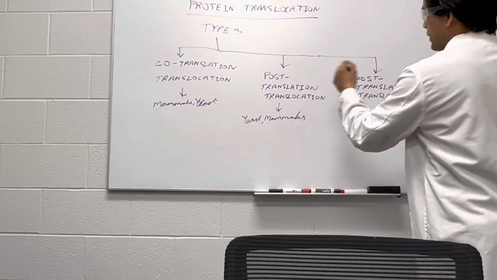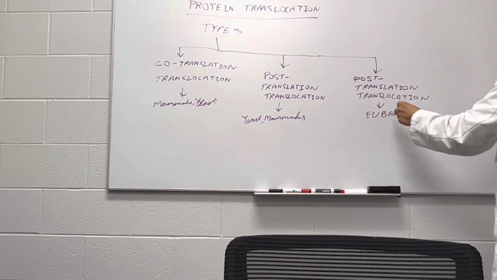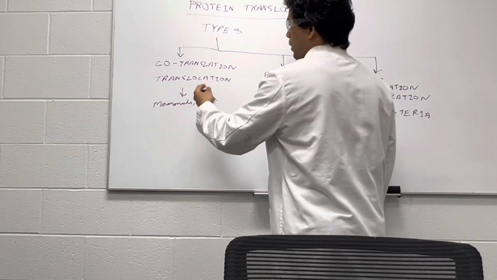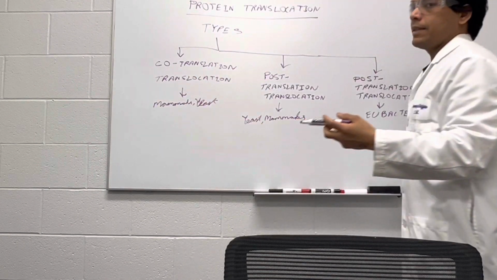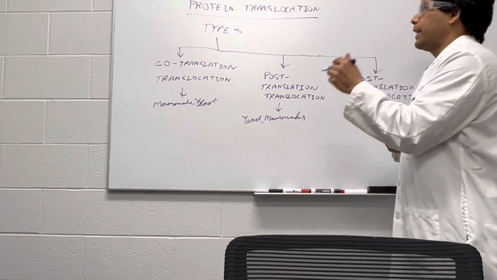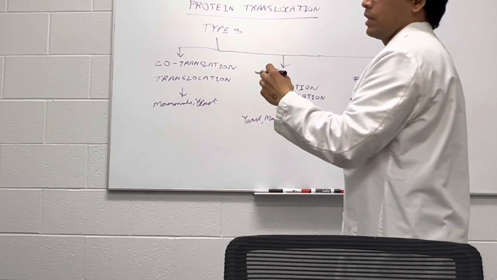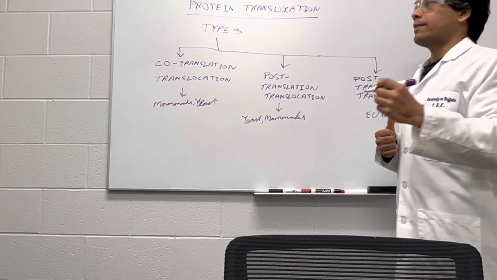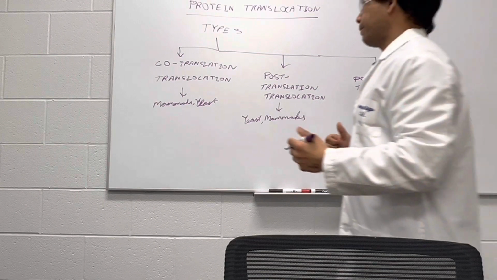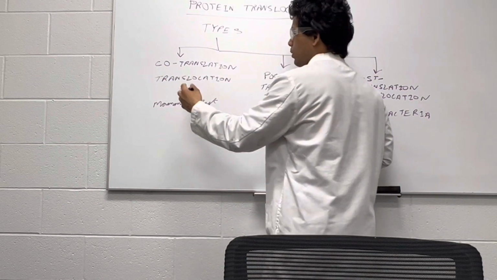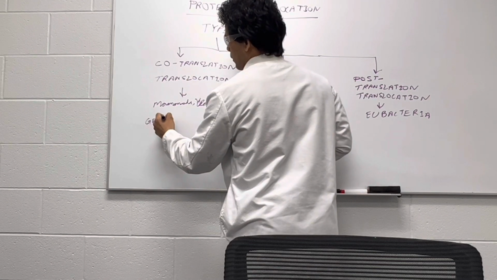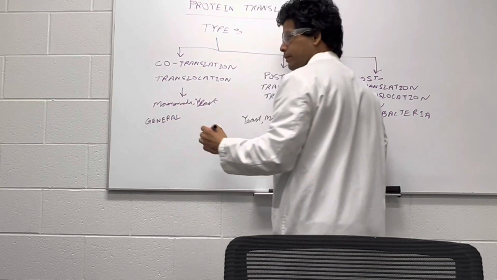However, the difference between the second and third is that the third one occurs in eubacteria, the second one occurs in yeast and mammals, and the first one also occurs in mammals and yeast. So we will discuss just a brief idea about the different types, and in subsequent videos we will discuss each type in detail. So this co-translational translocation is the general process that we have already touched upon during